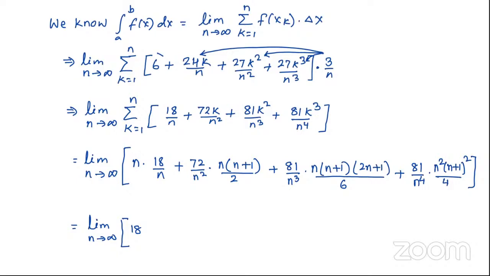Now, if you look at the next one, second term, look at the second term. You have 72 in the numerator, 2 in the denominator. What is 72 over 2? 36. So I can write that first. 36 first. And then, after we write 36 there, this n cancels with one n, right? Here is n in the numerator, n in the denominator. That cancels. So only one n is remaining in the denominator. So that is n plus 1 over n. What is n plus 1 over n? n over n is 1, 1 plus 1 over n. That becomes 1 plus